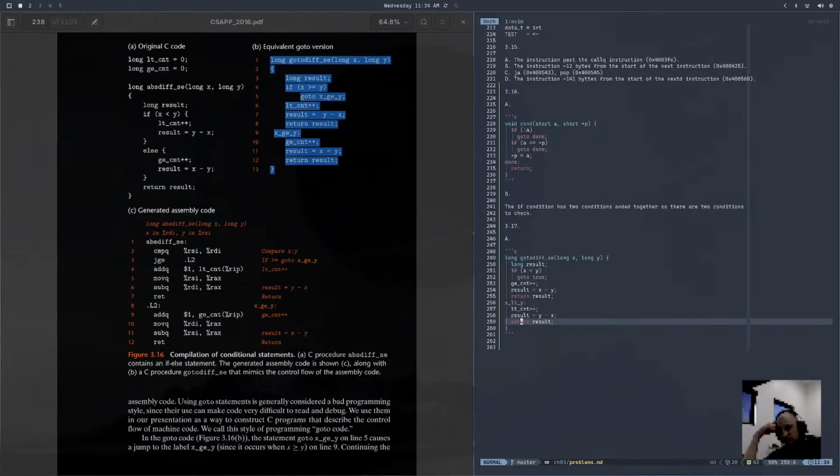Seems like the same thing, right? Except the test is inverted. So it says